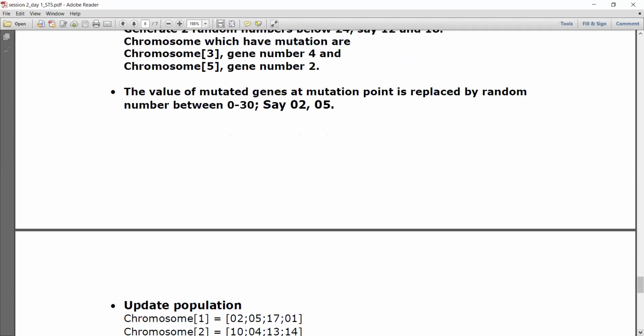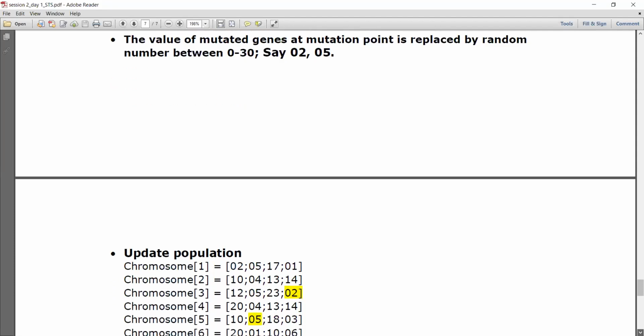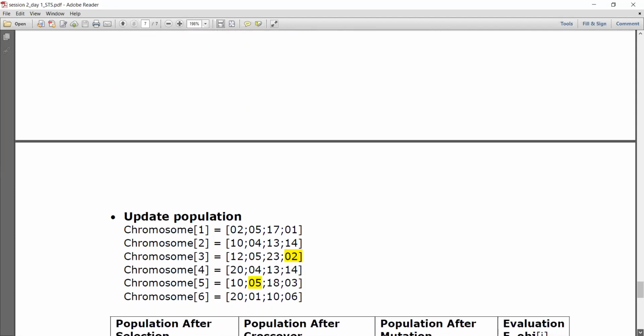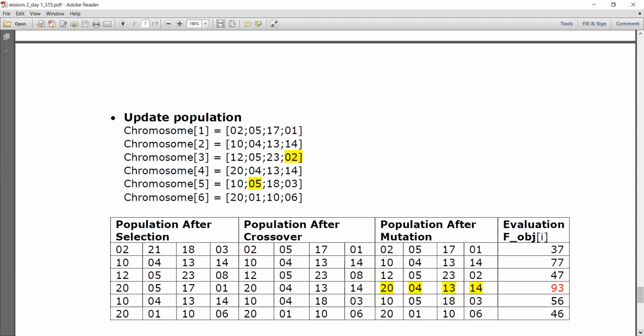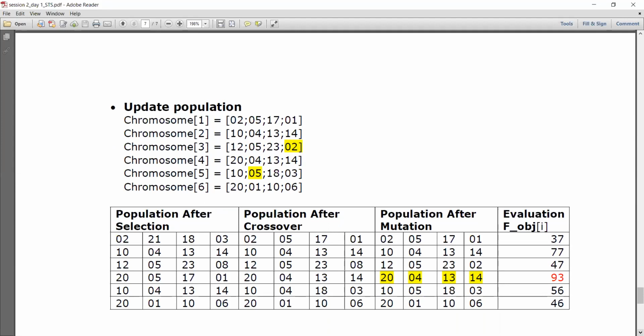Now what are you going to replace them with? I've selected the genes. Next is to replace the values for those 2 genes. The fourth gene is naturally variable D. The second gene is naturally B. What values are you going to give these 2? Again, satisfying the boundary constraint, randomly generate numbers between 1 and 30 and replace these 2 positions. So now I am going to show the matrix. Previously the matrix was something else, and now we are replacing those 2 positions with 2 and 5, because those 2 numbers are now randomly generated.